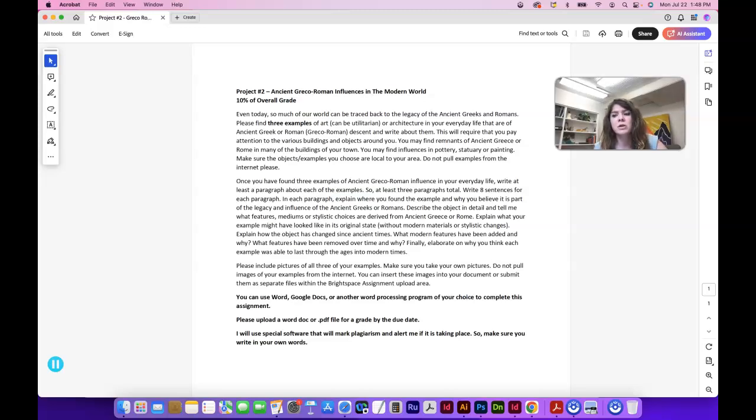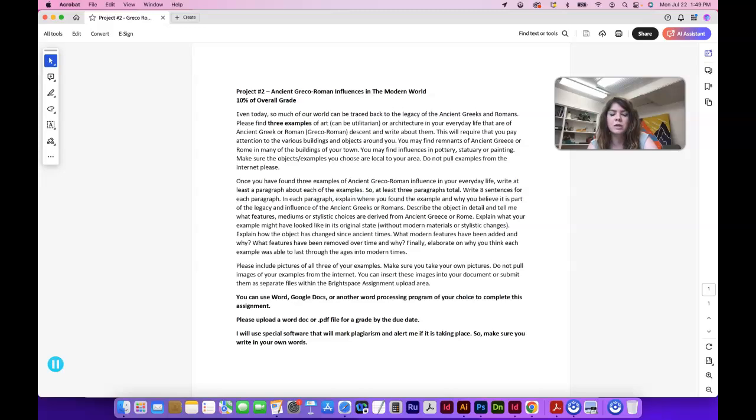This can be utilitarian art, it can be architecture, anything in your everyday life that is influenced by the Greco-Romans. And then write about that object. So this will require that you pay attention to the various buildings and objects around you. You may find remnants of ancient Greece or Rome in many of the buildings in your town, pottery, statuary, painting, objects, anything you can find that is influenced by Greco-Roman. These should be more like art objects, not like